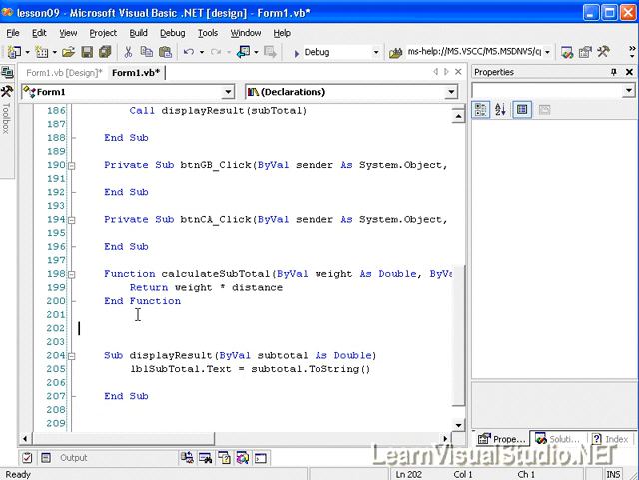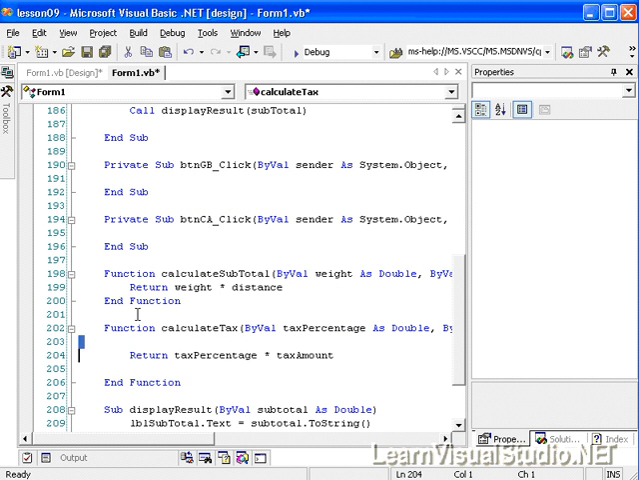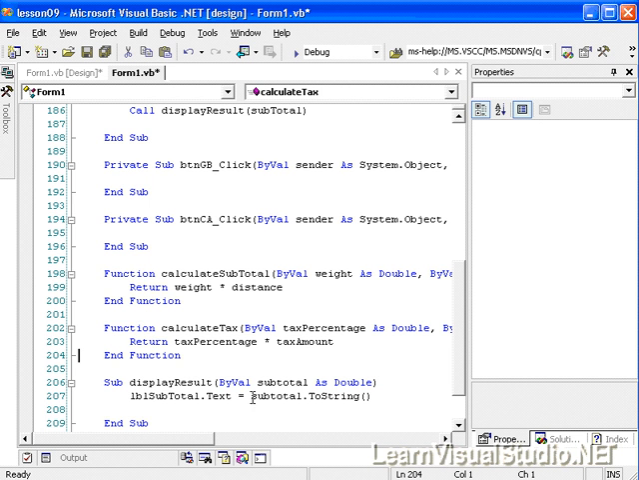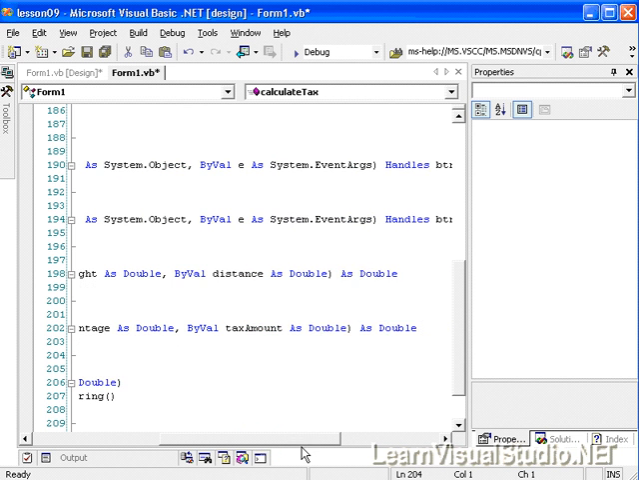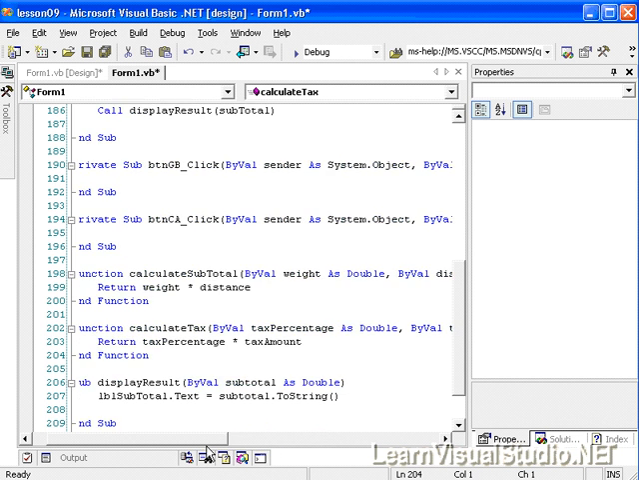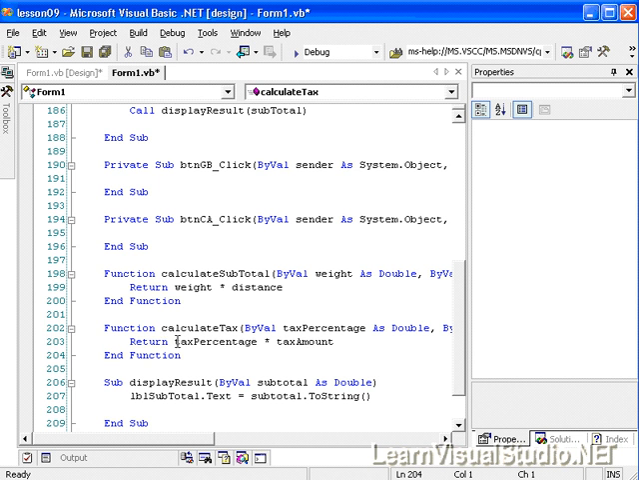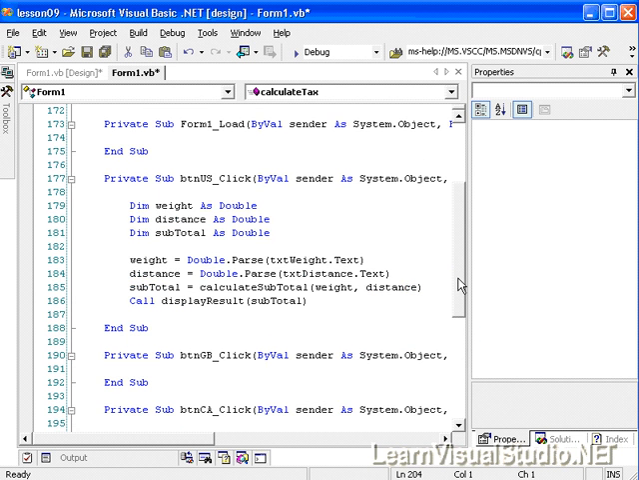Let's go ahead and add in another function called calculate tax. And I just pasted this in here. Function calculate tax, we pass in the percentage and the tax amount. It will return a double. So we return the result of tax percentage times tax amount. So in our example here,